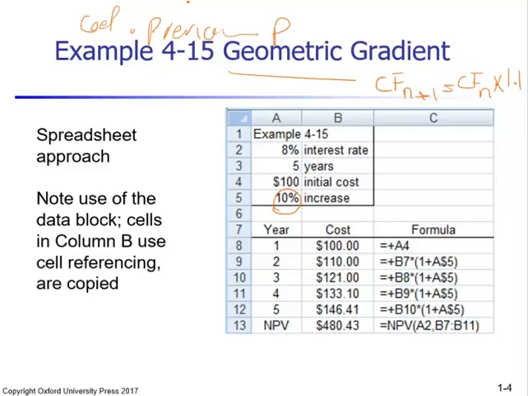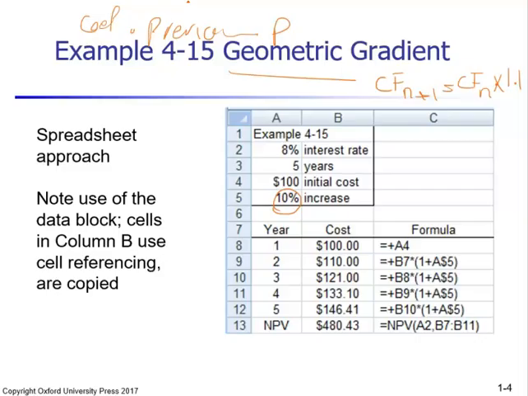So here for year 1 we have 100. 100 times 1.1 is 110. 110 times 1.1 is 121, and like that. And since you are going to do all these calculations on your system, I'm pretty sure you are going to grasp a very good understanding of the things. So these are the costs that are geometric gradient, and it is the formula